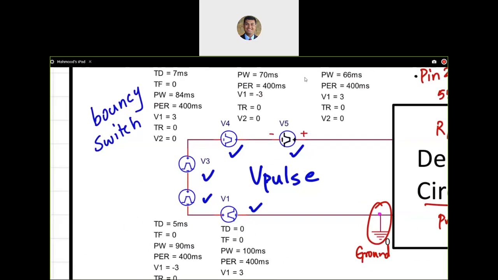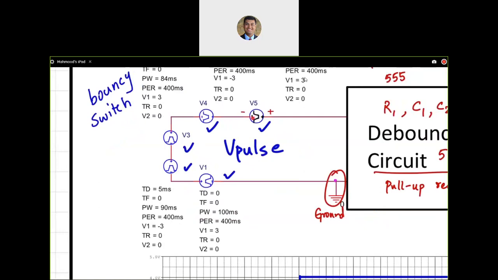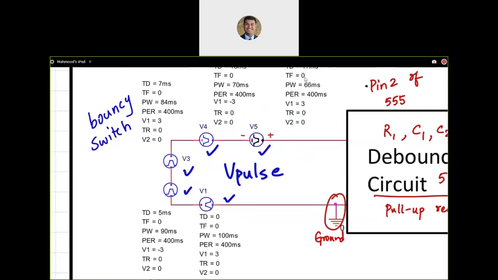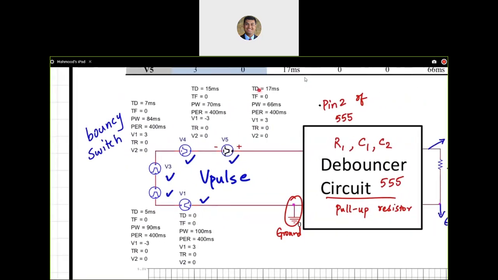Because if you put all these voltage sources onto a blank schematic, enter all these values for time delay, time duration, no, this is time delay, right? Time delay, fall time, pulse width, period, high voltage, low voltage, rise time. So you have rise time, fall time, pulse width, period, and delay. If you enter all these 6 values, 7 values for each one of the 5 sources,